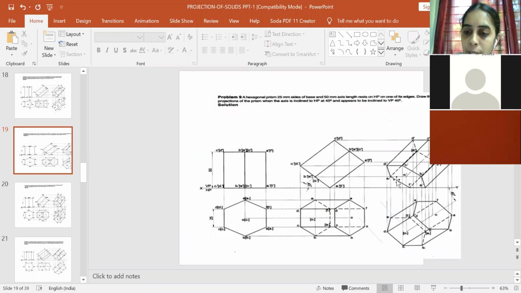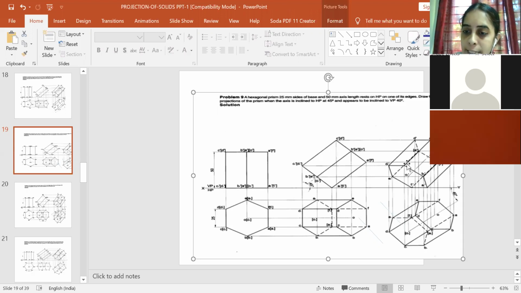So when he views from here, this surface will be in which direction he is viewing. So this surface will be visible. So you will please darken this entire surface. Okay, so A1 dash to F1 dash, F1 dash to E1 dash, E1 dash to D1 dash, D1 dash to C1 dash, and C1 dash to B1 dash, you will darken it.